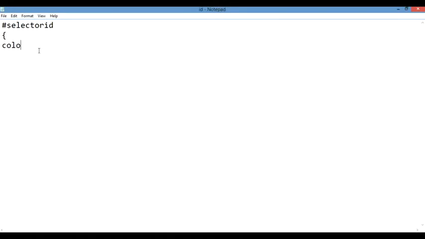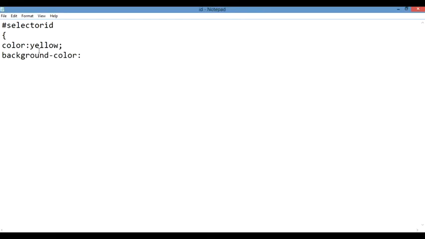Here I am using the external linking type of CSS file. I have already told you the different types of linking that we use. In all the cases I am using external linking, so that it is easy for you. But whatever linking you want, you can do that accordingly.